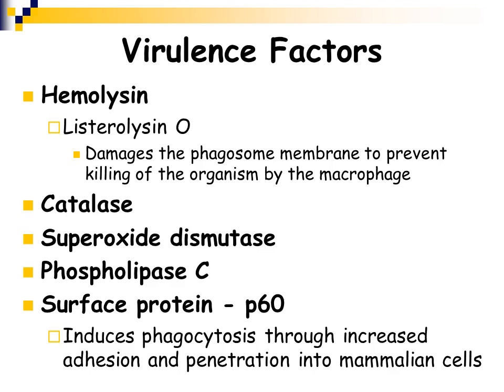infecting another macrophage. It does produce catalase. It is a catalase positive organism. It produces superoxide dismutase, another enzyme that's important when an organism is phagocytosed, because the phagosome can generate oxidative products which are toxic to most bacteria. It produces phospholipase C. It produces a P60 surface protein that will actually induce phagocytosis, because